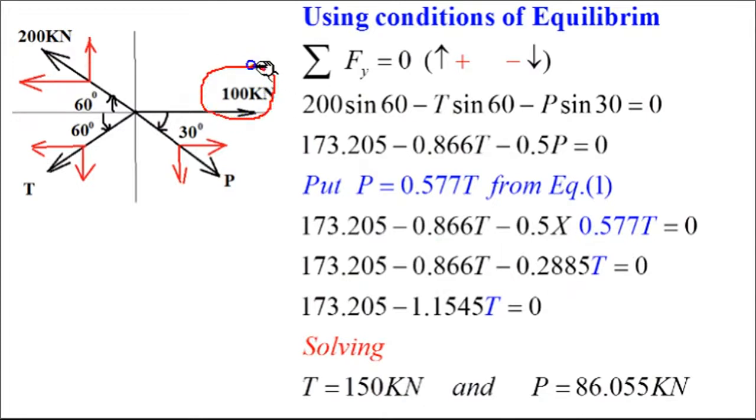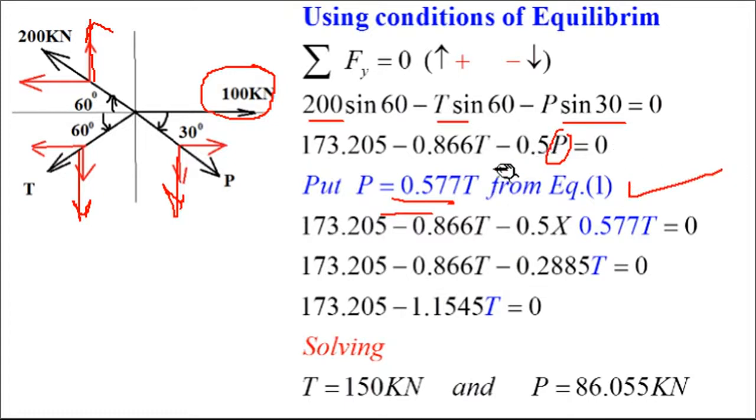In y direction, this 100 will not be counted because it is exactly horizontal. So starting with this y component, 200 sine of 60 minus T sine of 60 minus P sine of 30. Okay, so in this way you have to write this down and simplify, and from equation 1 you just put P equal to 0.577 T, so that there will be only one unknown